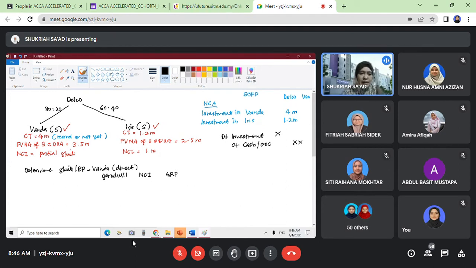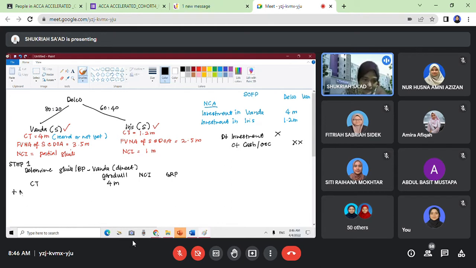So kolom ni kita akan continue from step 1. This is step 1 number 1. Dapat soalan step 1, determine goodwill. Step 2 nanti kita akan still continue this column. So at the end nanti baru kita total up all the values located in column NCI, group retained profit, dan kita akan tambah lagi kolom lain. Ini untuk step 1 ada 3 kolom. Step 2 nanti ada lagi tambahan kolom. So this one kita start dengan CT balik. Mula dengan CT, letak bawah kolom goodwill is 4 million